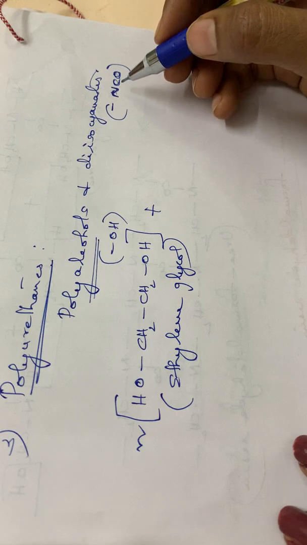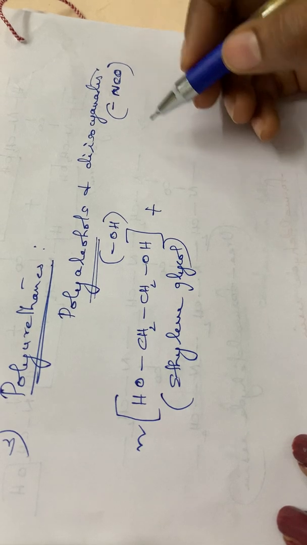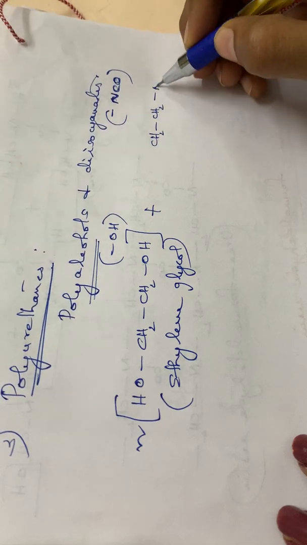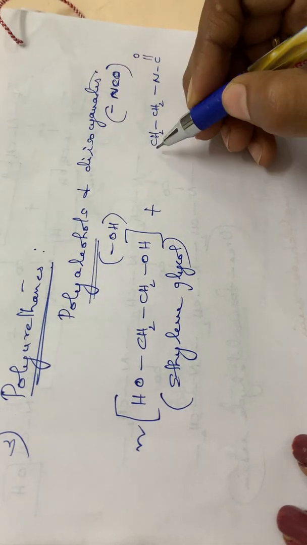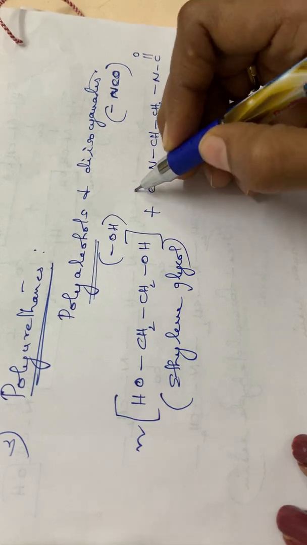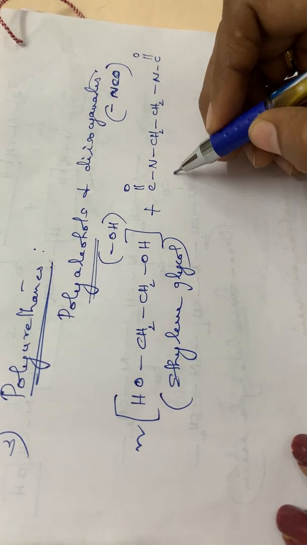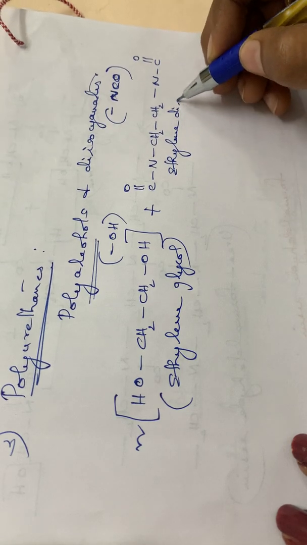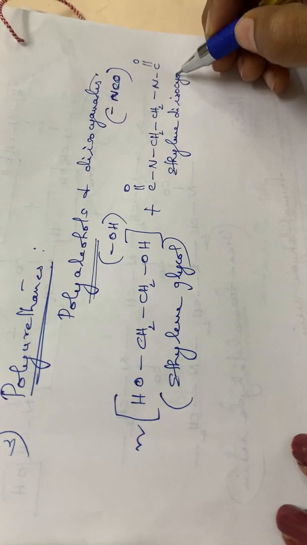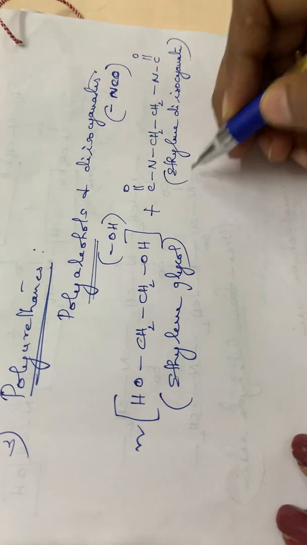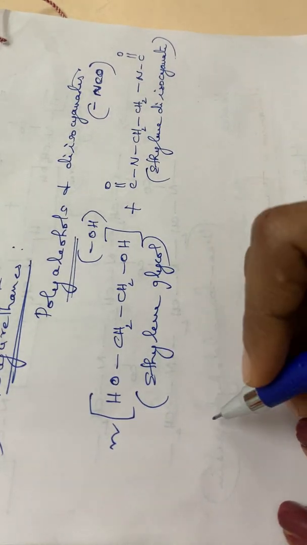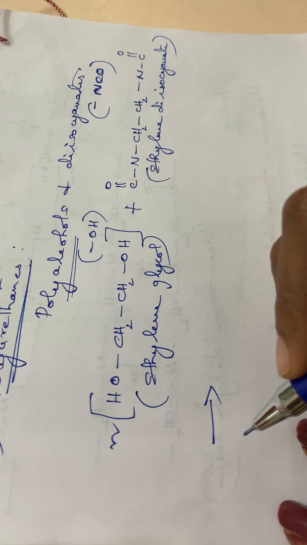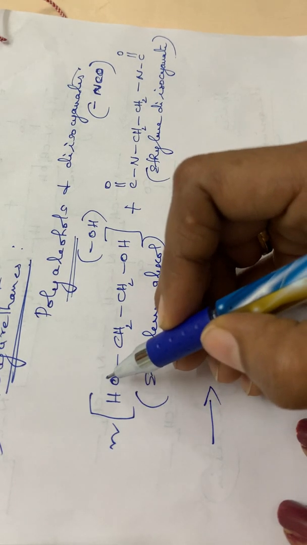Diisocyanate means two NCO groups will be there. So ethylene diisocyanate is CH2 single bond CH2, then N double bond C double bond O, and here also N double bond C double bond O. This is ethylene diisocyanate. On reaction between these two, from this part, this O minus